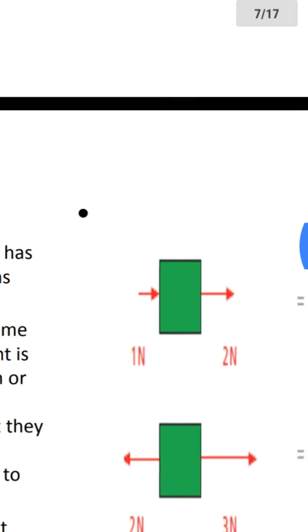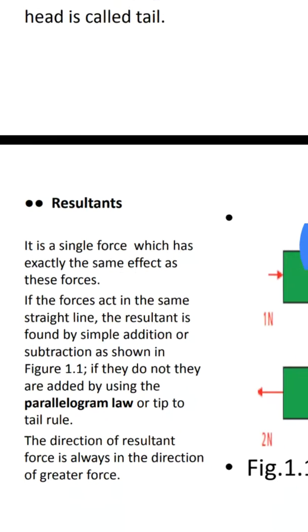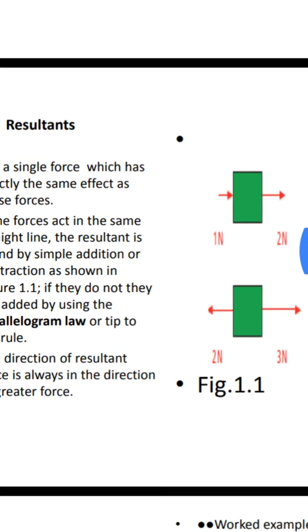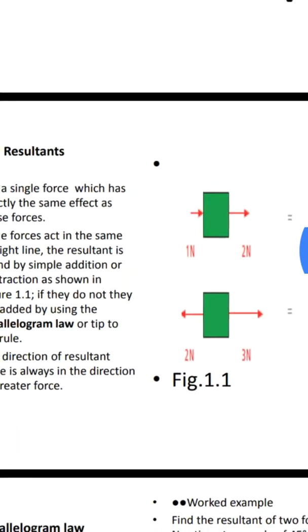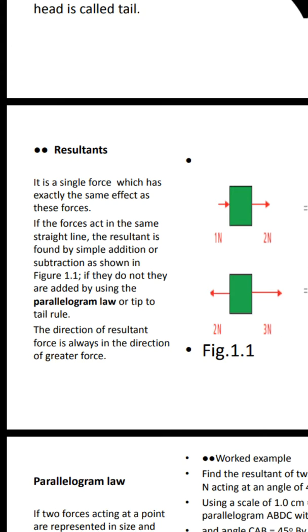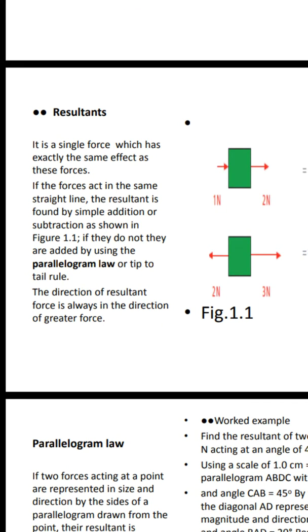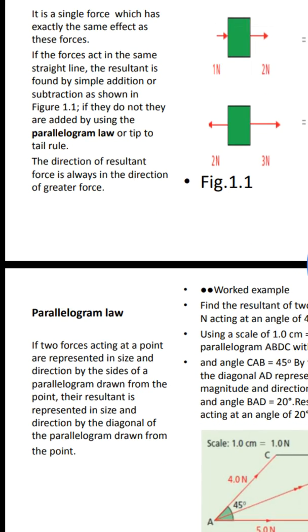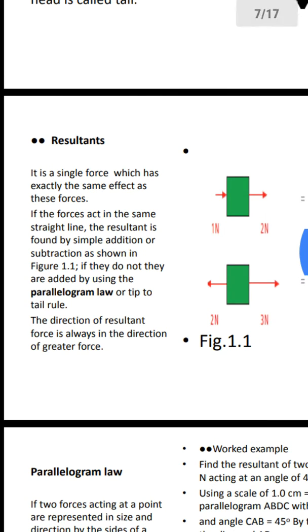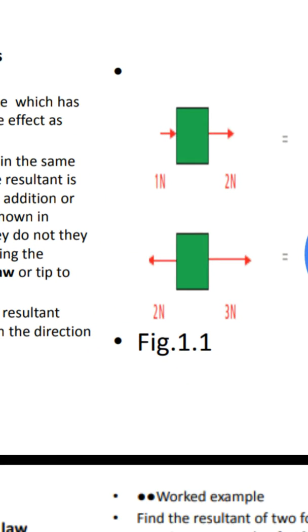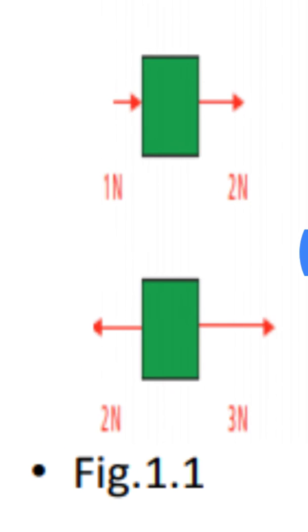We have to see how we can add vectors. There are two situations. If the vectors are acting along the same line, that is, they are parallel to each other, then how to add the vectors? And the other is when the vectors are not acting parallel to each other. So coming to the first case, if the vectors are parallel to each other, just for example, it is shown in the figure,